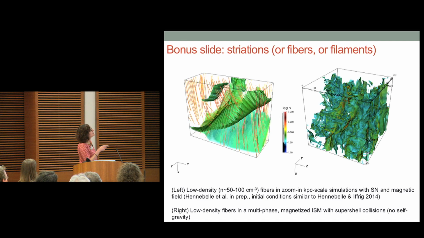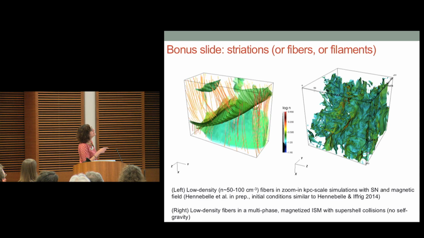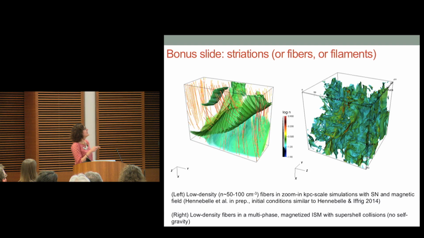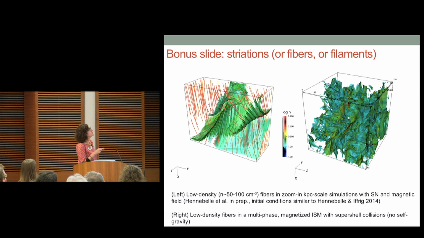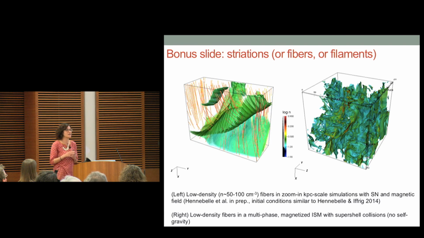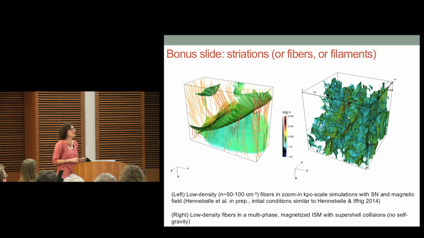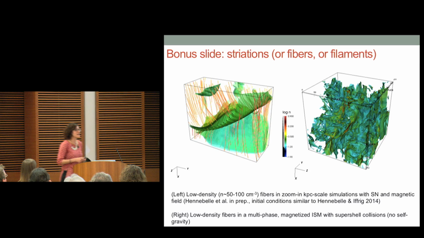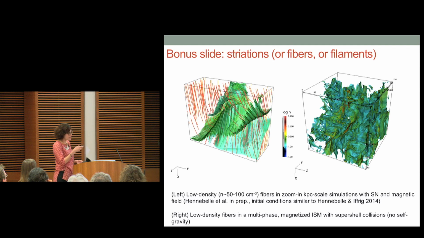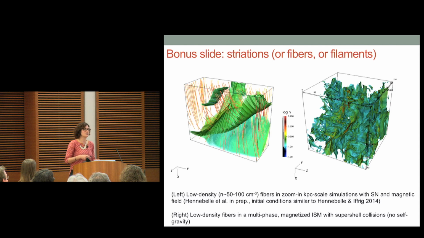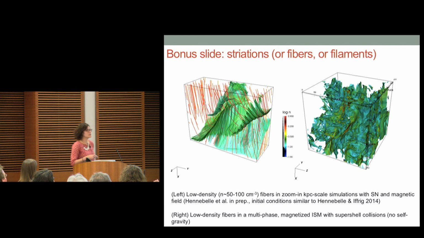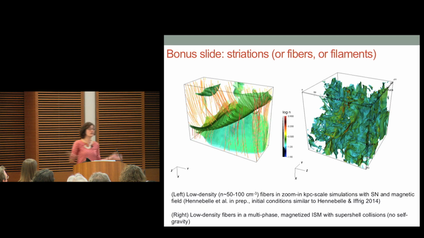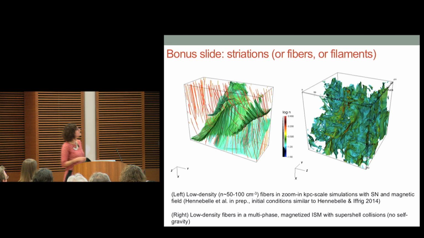So these are magnetic field lines here, and as you see, the magnetic field lines pierce through a sheet, and this sheet is oscillating, and in my interpretation is dragging the magnetic field with it a little bit as these wiggles grow. So if you project it, you see a magnetic field component along the fibers. So this is just to complicate things. Then I was supposed to find a reproducer for this, and I found it without looking for it in the simulations I'm going to show you later of colliding supershells in a turbulent environment.